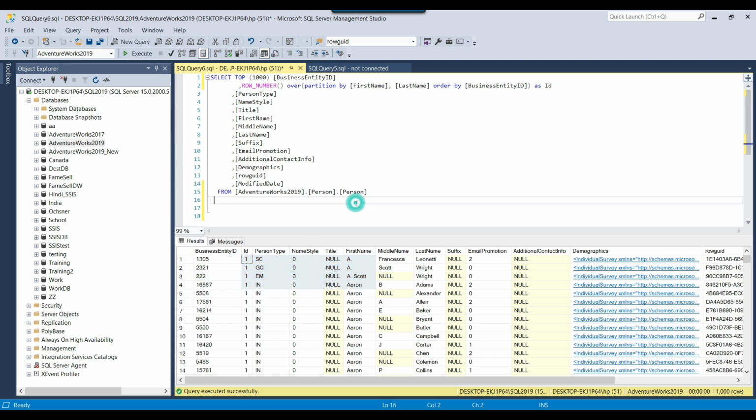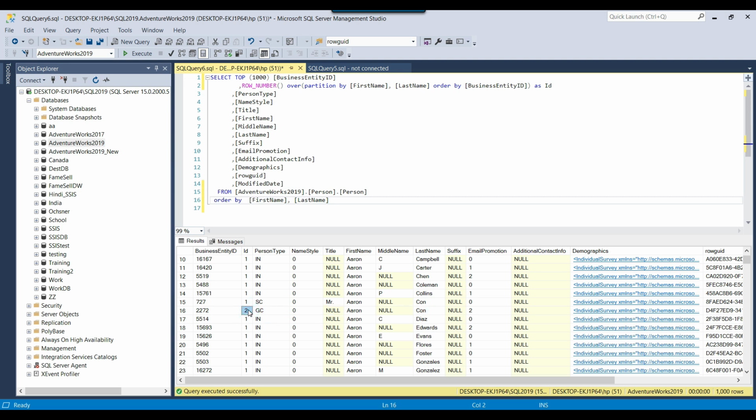So for example, if I sort the data based on the first name and last name, then you can check the data more perfectly. So I can say order by, and if I execute the query, now you can see that for this record, like Aaron Allen, the value is 1 here, okay. And now if you see for the Aaron Con, this is the first record which is unique, and now this is the second record which is not unique, so the value is 2.